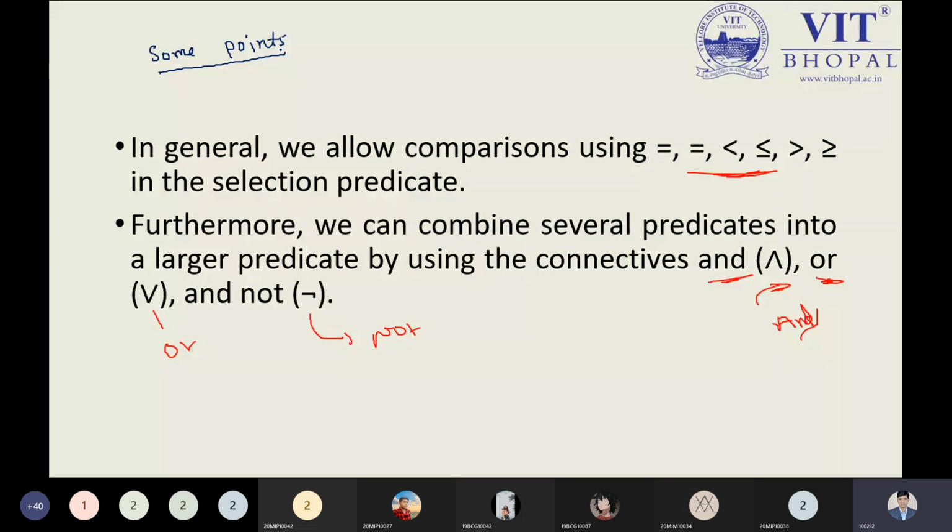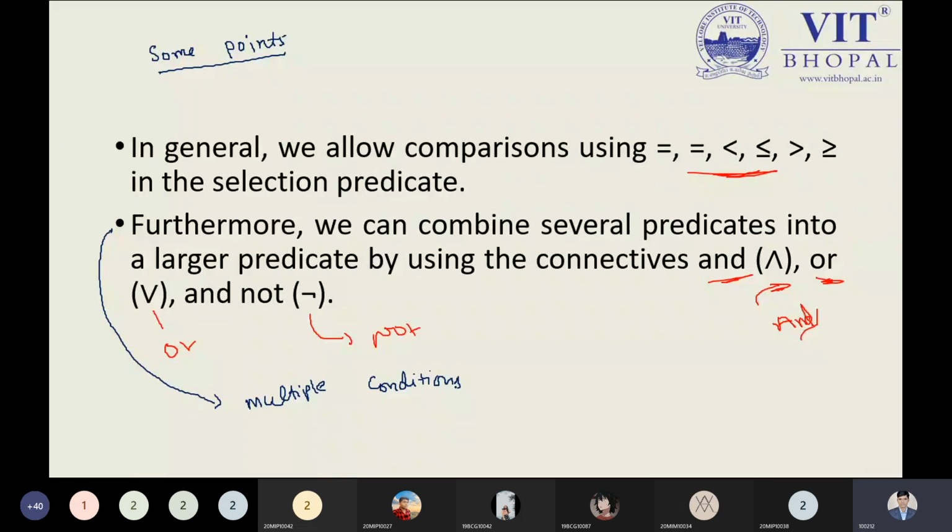But when we have to use multiple conditions, this can be done by this statement. Multiple conditions means, for example, the students who belong to the branch cybersecurity and the student age should be less than 19 years.